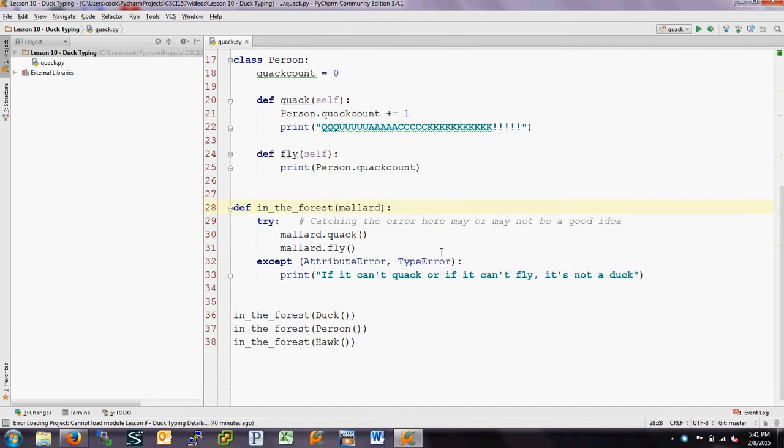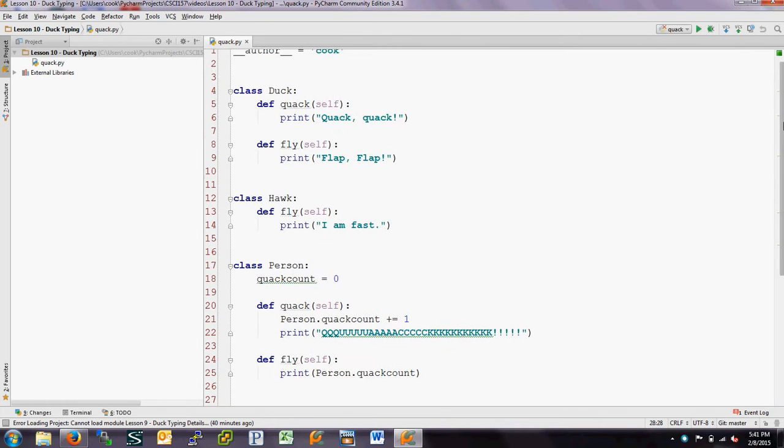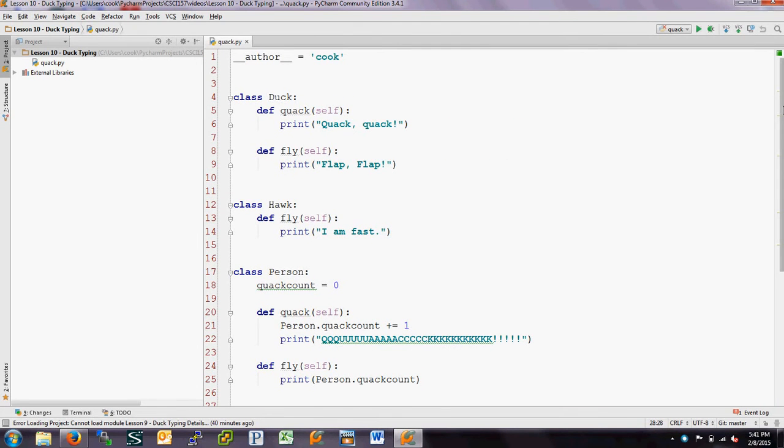In Python, you'll sometimes see the phrase duck typing, and I thought I'd make a short little video on what duck typing is. In other languages, like C, for example, when you create a variable, you have to type it,